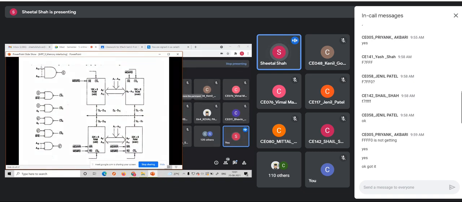You can see that here it is provided with direct input, whereas here it is provided as the inverted inputs. So in this case, if all of them are 1s, then this would be 0. In this example, if all of them are 0, then only this would be 0. C dash would be 0.